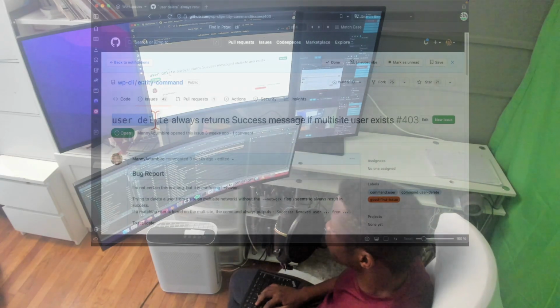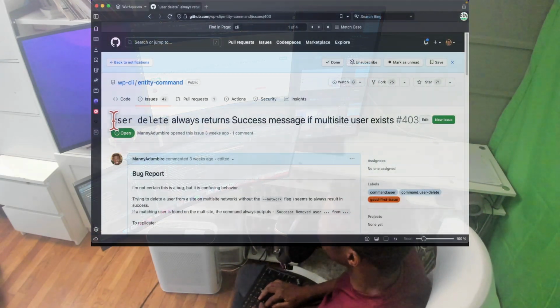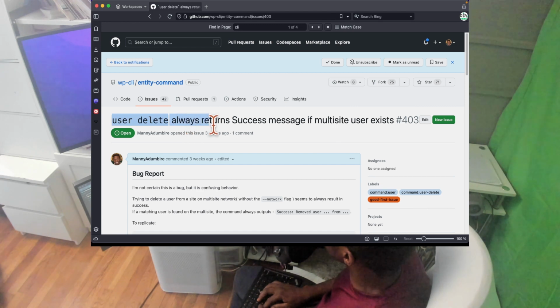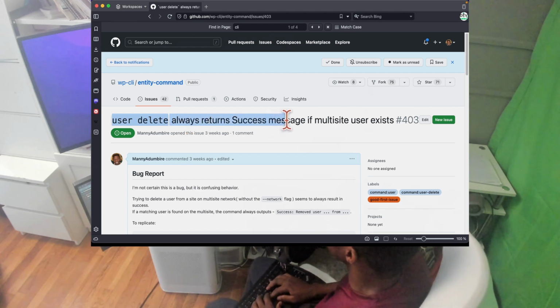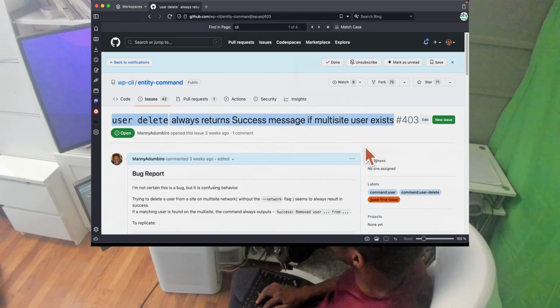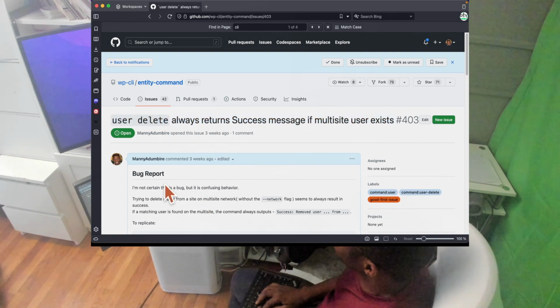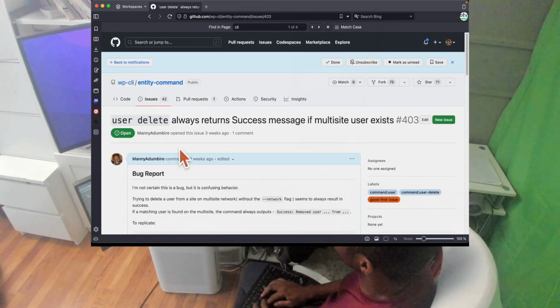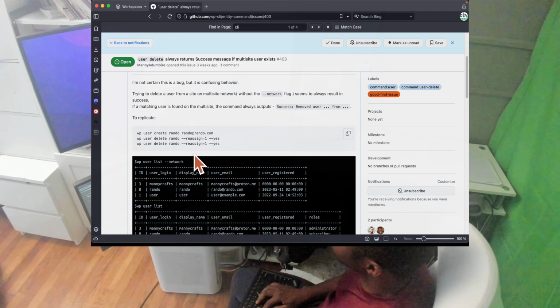So today I'm going to be working on this issue here. User delete always returns success message if multi-site user exists. So I reported this bug 3 weeks ago. Essentially what happens is